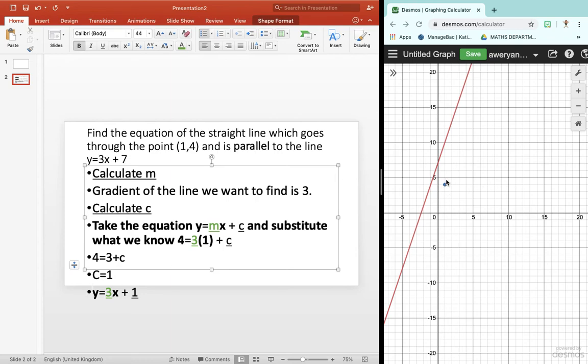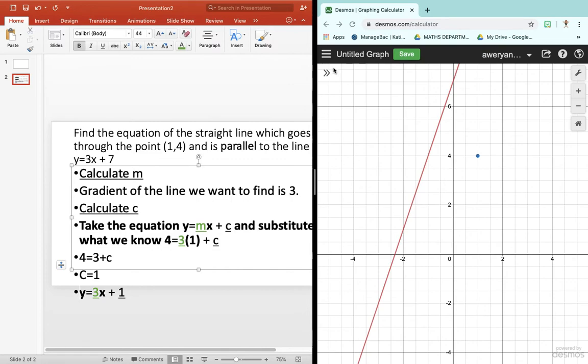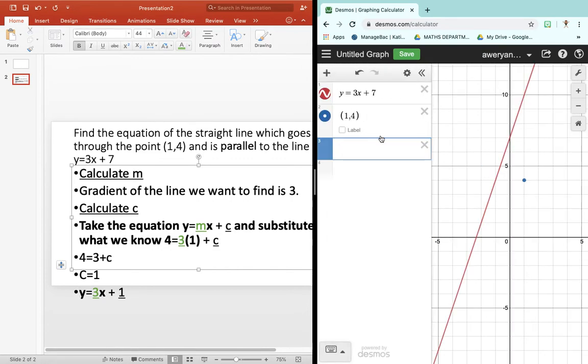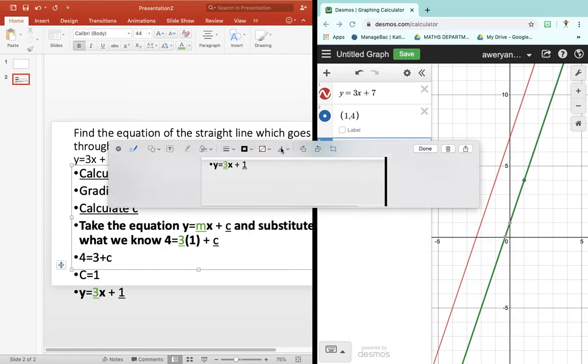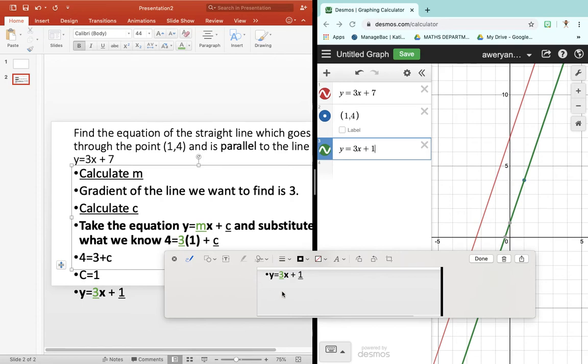Now I'm going to show you why it doesn't matter which point we pick. So if I actually went back to the graph here, and I drew our actual graph, we have now found y = 3x + 1. And let's go for the point (0, 1). So if we take the equation and we replace x with 0, so that's going to actually be 3 times 0,